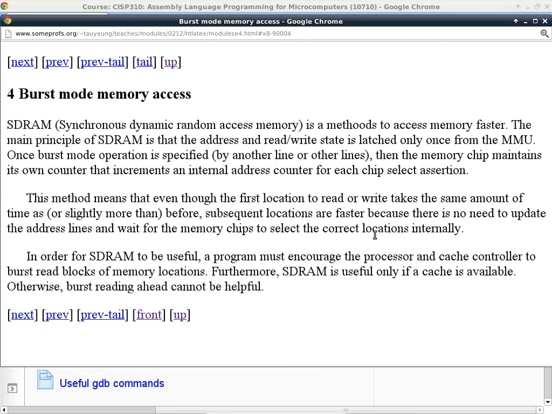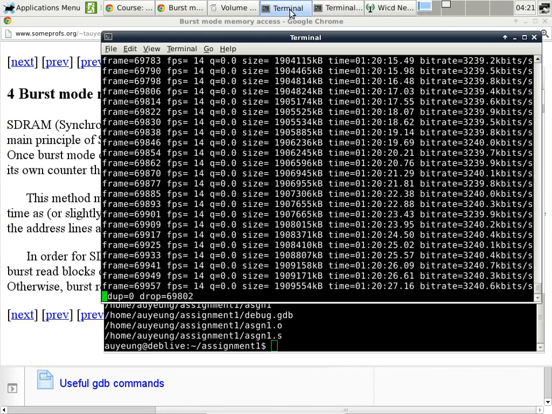Iteration's always faster. The only reason why Dave says